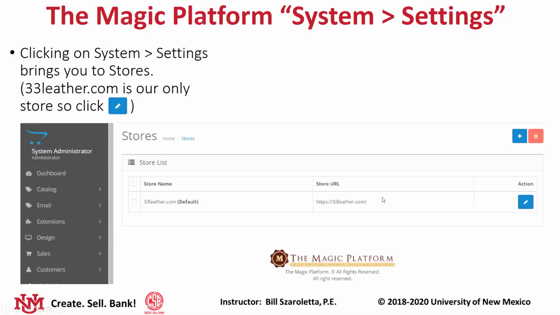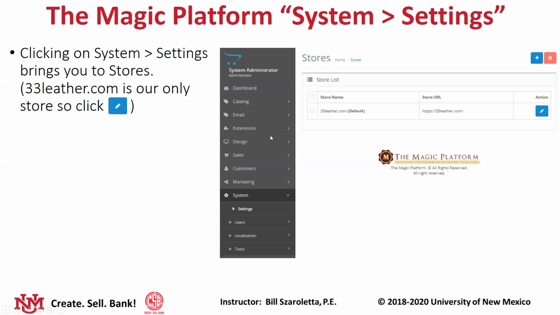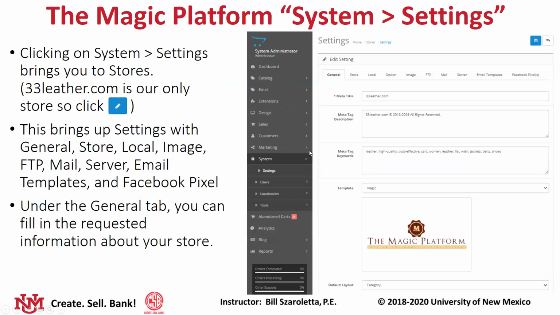Now here we only have one store, and that's 33leather.com. This will be your store. I'm working with them to see if you can buy multiple stores and have a multi-store list here, but more on that later. So again, you click on System Settings to get to this, and then you see